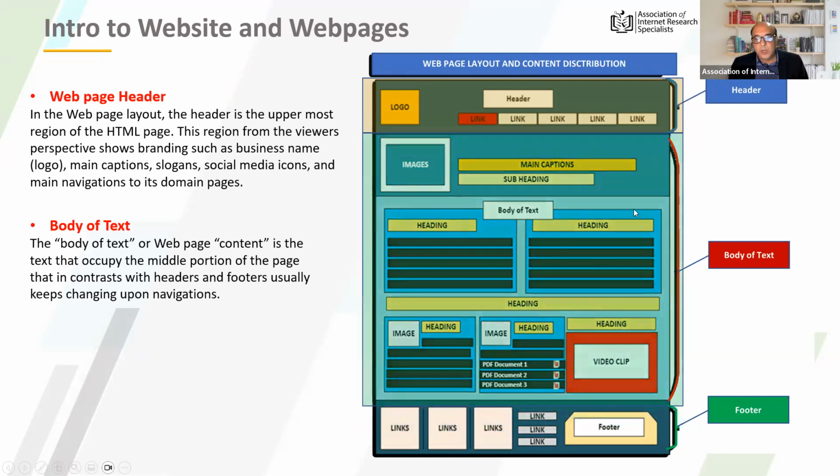Why we componentize it is because when we are running search queries, you would find that certain operators can only be used to find information that is embedded in the header portion. Other types could be used to just specifically query what is in the middle portion.